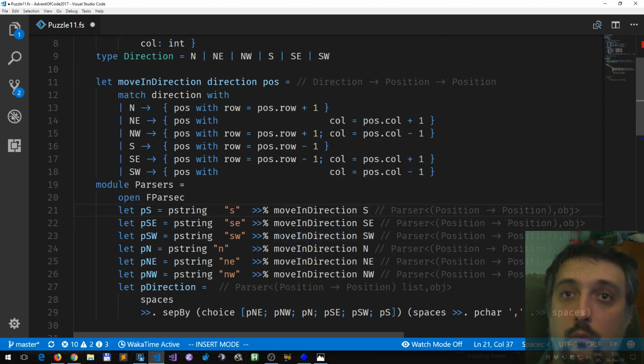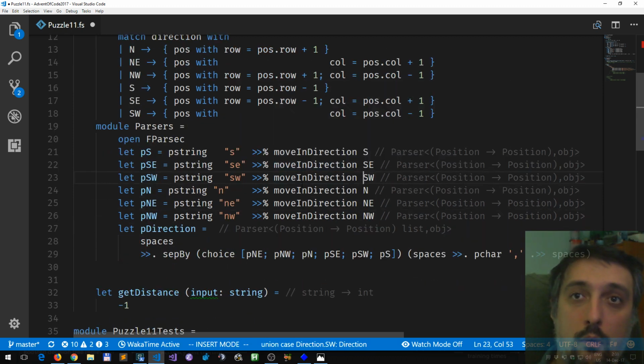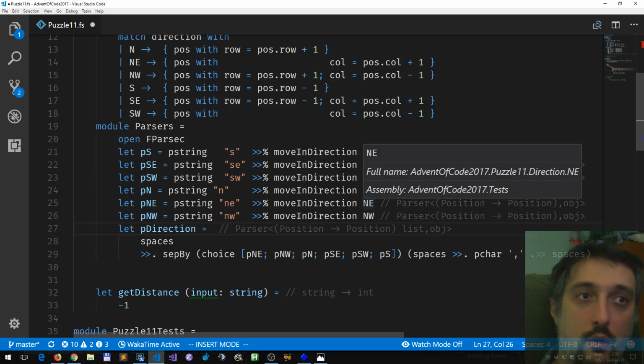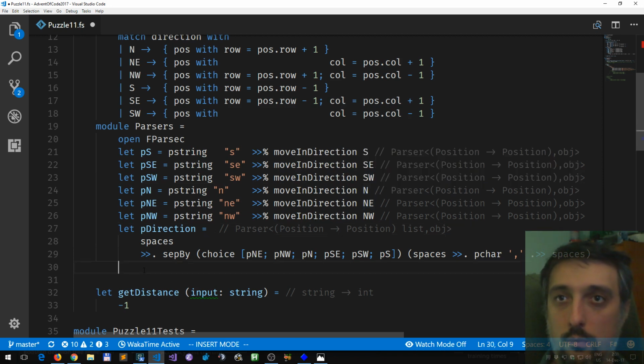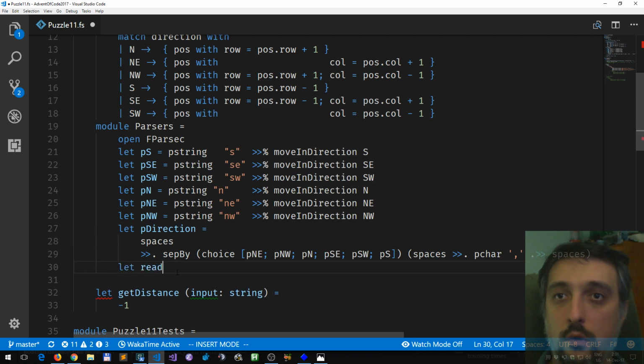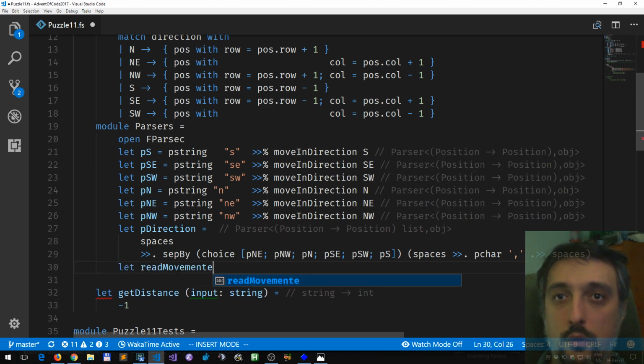Okay. And now I have a list of movement functions. So let's put it movement